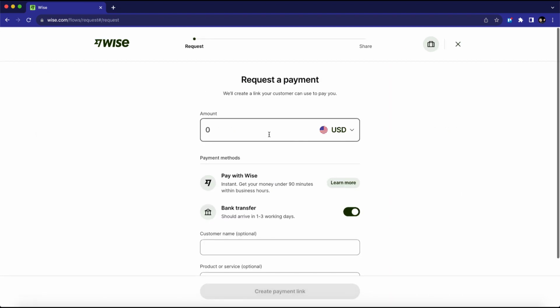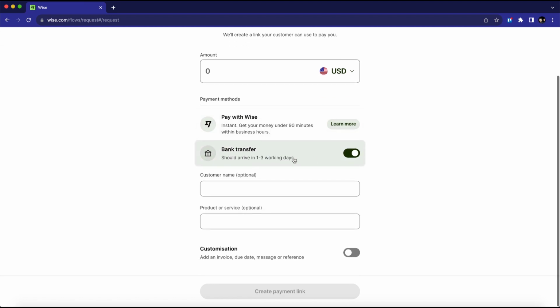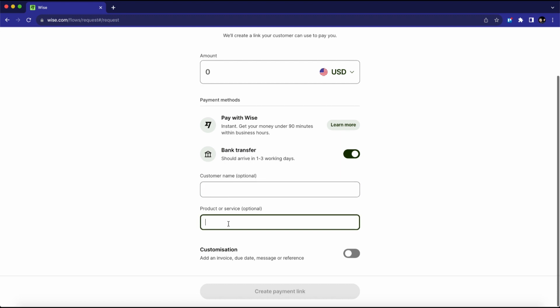Here just enter the amount. And here make sure the bank transfer option was enabled. And just enter the customer name here. And in product and service, you can enter if you want. Both are optional. If you want to add an invoice or a due date, just enable this customization option and